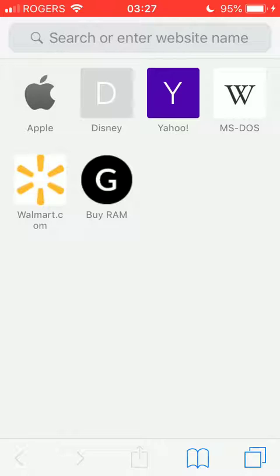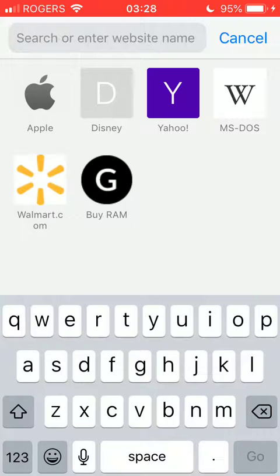Now we can search for anything we want here. Now you might say to me, what can I search for? And I would say, for example, we put the cursor into the search bar here. Now this is not Google, but we have to use this in order to activate Google. So for instance, we could search for